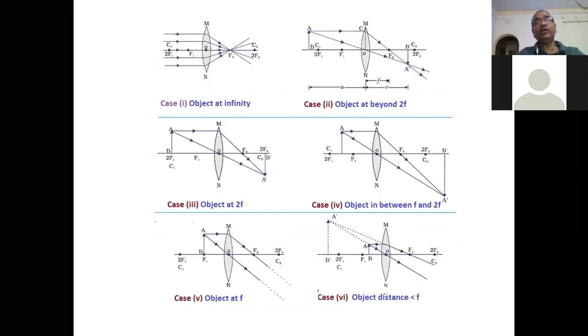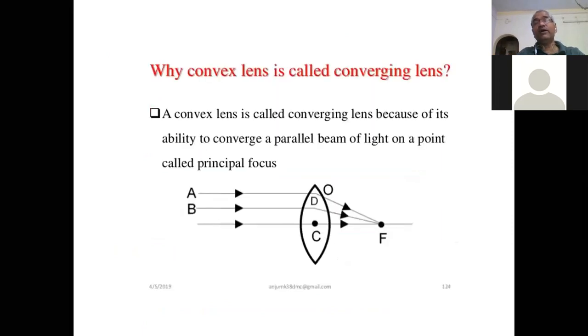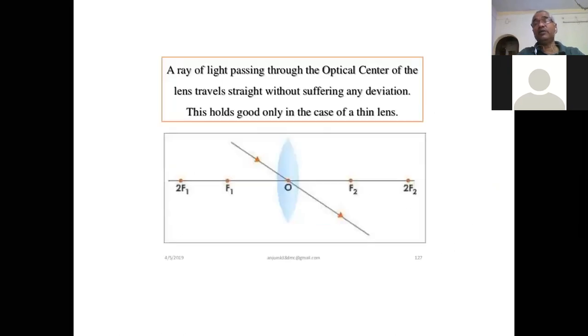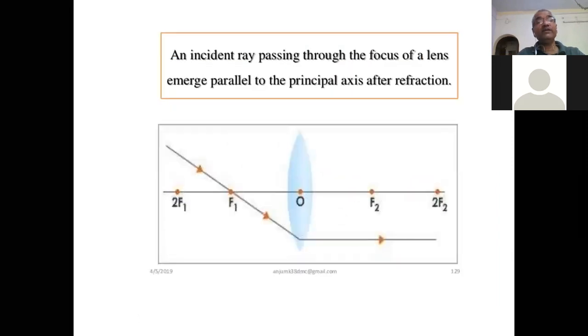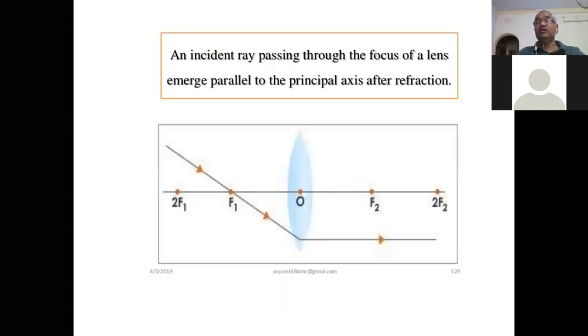So geometrical formation of the images we have seen. So these are the geometrical formation of the images. So don't remember all these images. These are the images I have shown you for demonstration purpose only. So why convex lens is called as the converging lens, we have seen, and we have seen some terminology of the convex lens. Because in the next lectures we will require all these terminologies. So thank you for joining this lecture.